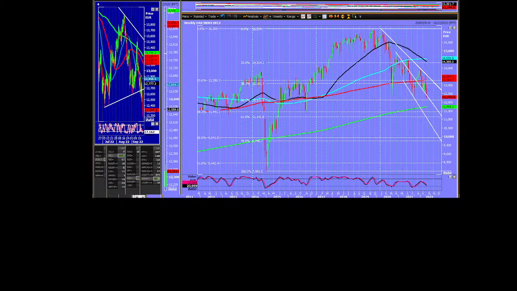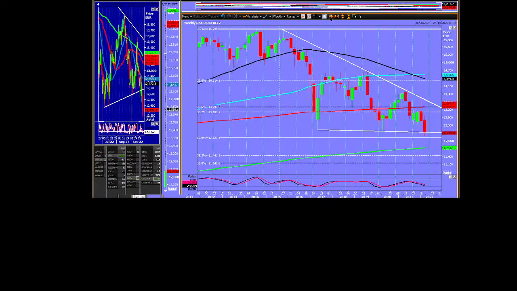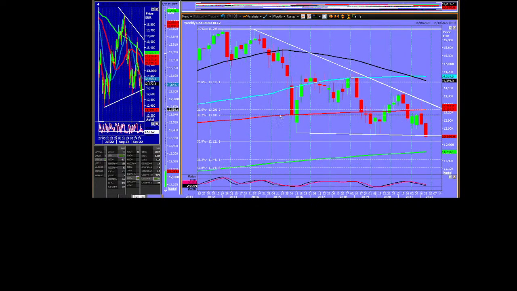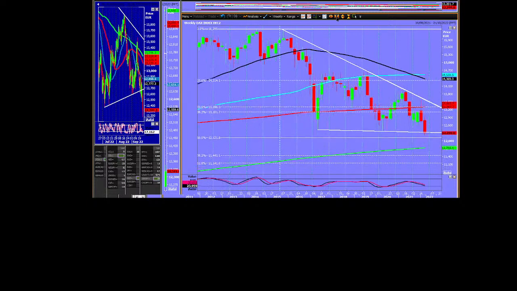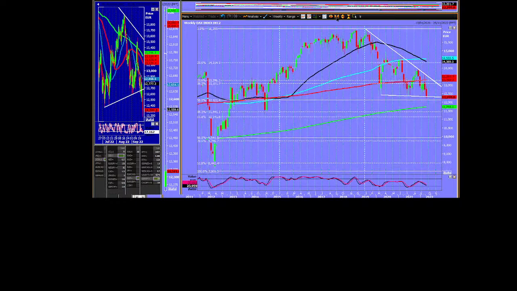Right, I need to put a trend line on here. There we go. So we've broken there. I could probably get rid of that trend line. Right, the DAX is clearly in a bear trend for this year. No surprises there. Now, I could call this one big triangle, couldn't I? I think that's fair enough. Markets have been mostly trading flat, which is pretty remarkable, really. We have been edging lower, but now it looks like we're breaking the lower trend line of the triangle pattern, which of course is not good.